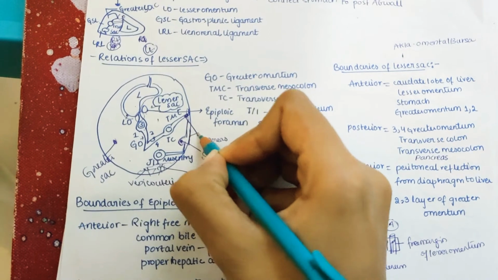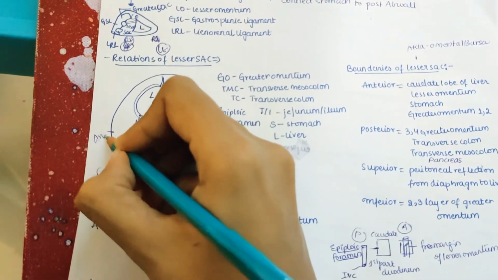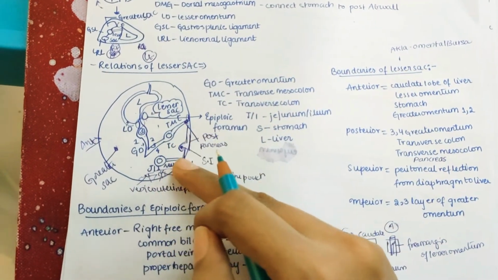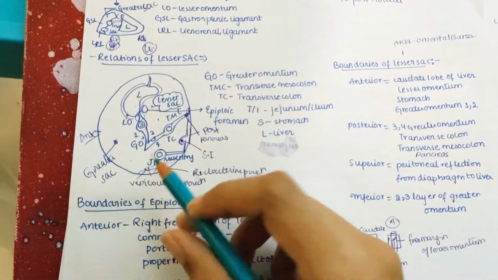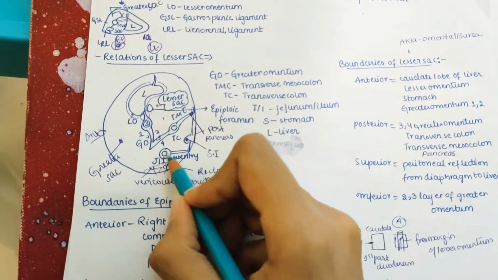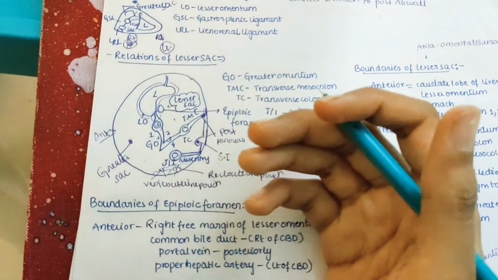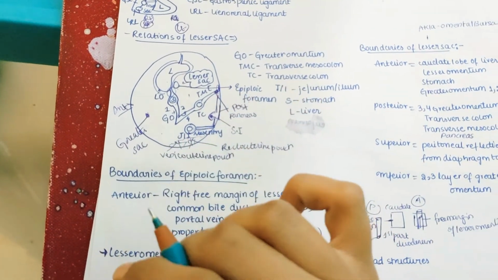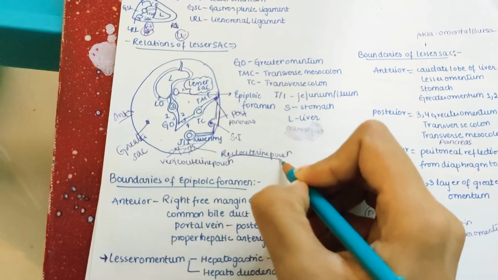This is the posterior abdominal wall and this is the anterior abdominal wall. To the posterior abdominal wall, the small intestine is attached by means of the mesentery. You can also see the small intestine consists of the jejunum and ileum, so the jejunum and ileum are connected to the mesentery. Here you will have the rectum and uterus. Between the rectum and uterus you have a pouch called the rectouterine pouch.